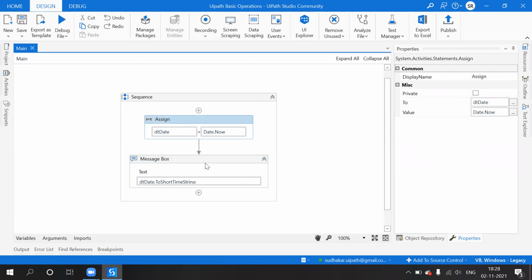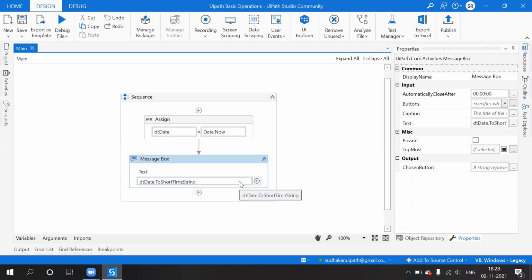Then what else? See, if you have data in the form of a string array, how do you traverse it? By using a foreach loop. At the same time, if you have data in an integer array, we have to use the same, but rather than the type object, we have to use integer.